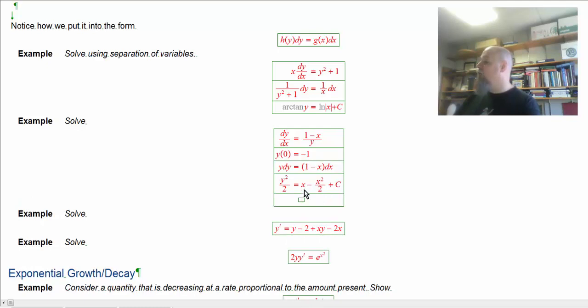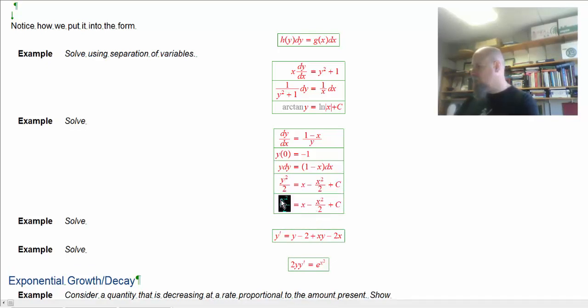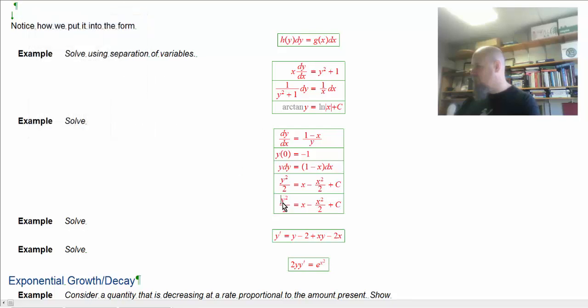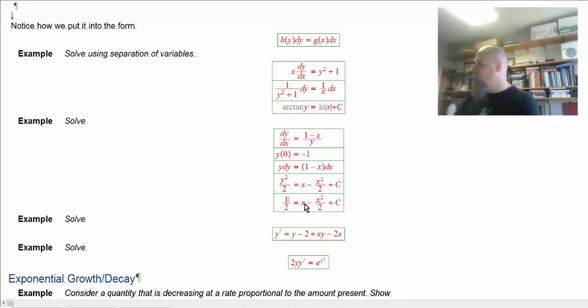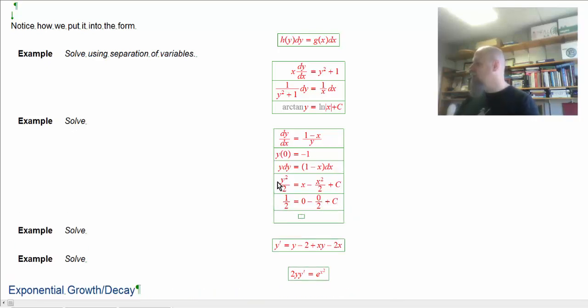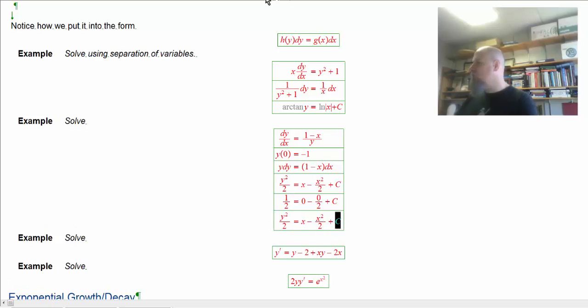When I make y equal to minus 1 and x equal to 0, I get that c must be equal to a half. So now my complete solution, my explicit solution, my unique explicit solution,